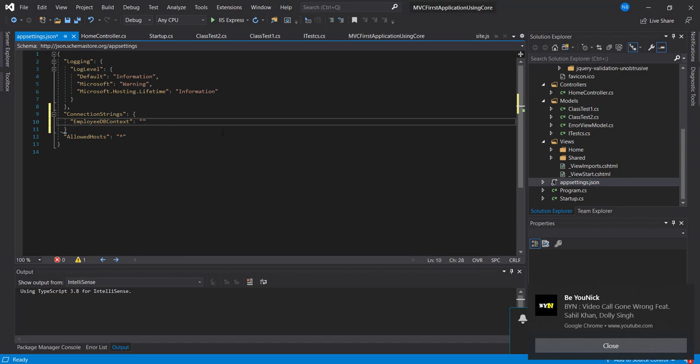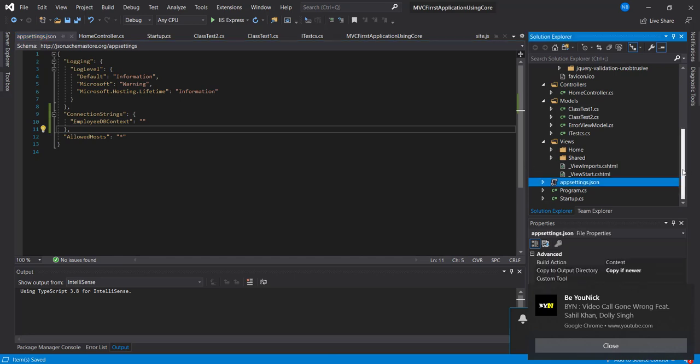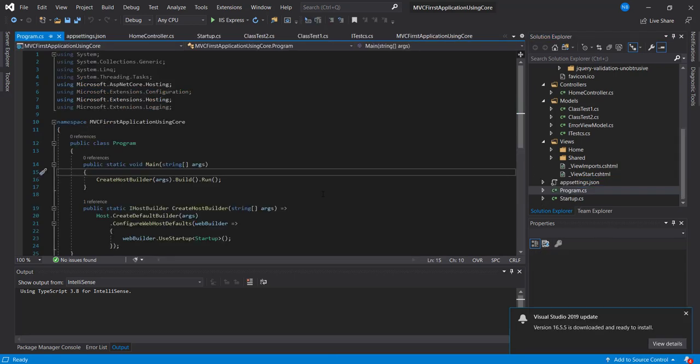This is how we will be adding the connection strings and configurations, and we can access this using the config file.